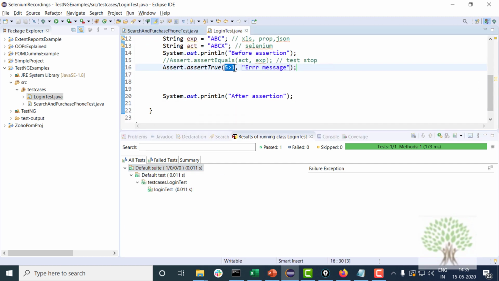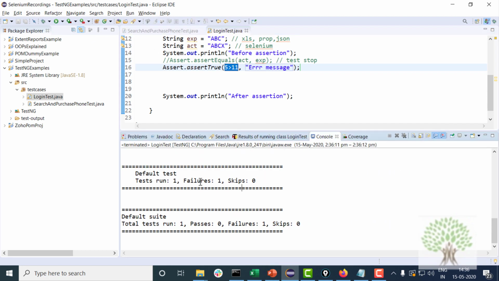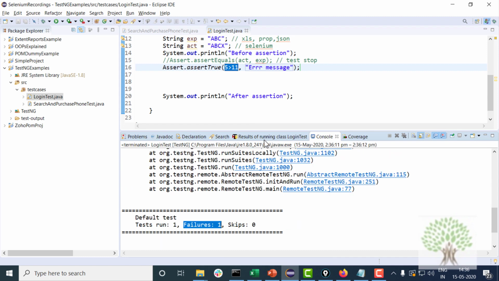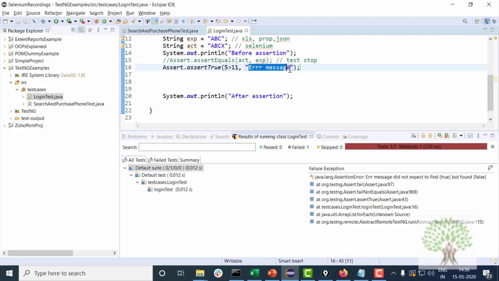But if this condition evaluates to false, how will we use this practically? I'll just tell you. Okay, if this condition evaluates to false and you run this, it will fail, and in the failure it will print the error message over here. This error message is only printed in case of failure.